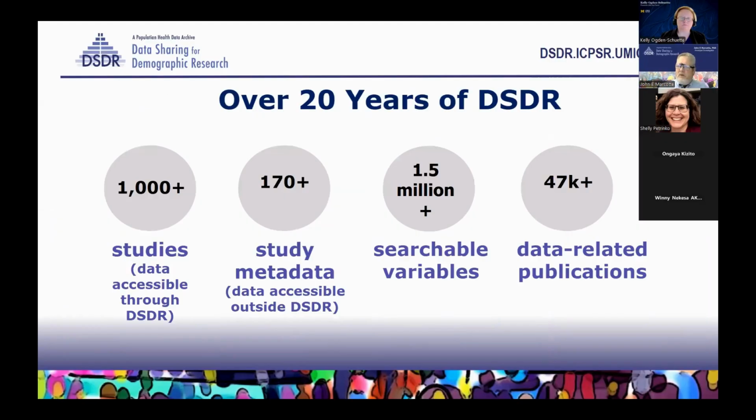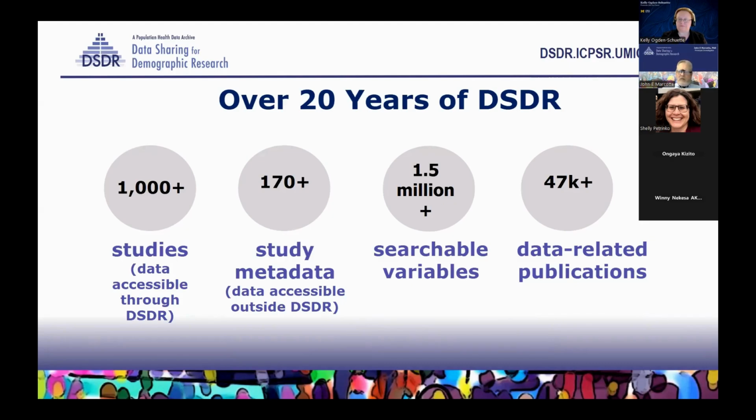As I said, DSDR has been around for over 20 years. We have over 1,000 studies. We have 170 plus with metadata. In our variables database, which I was talking about, where you're able to search for variables, not just for data, we have over 1.5 million variables that you can search for. So, for instance, if you wanted to look for a study about the relationship between water supply and health, you could search for what studies have variables on water and what had variables on health,